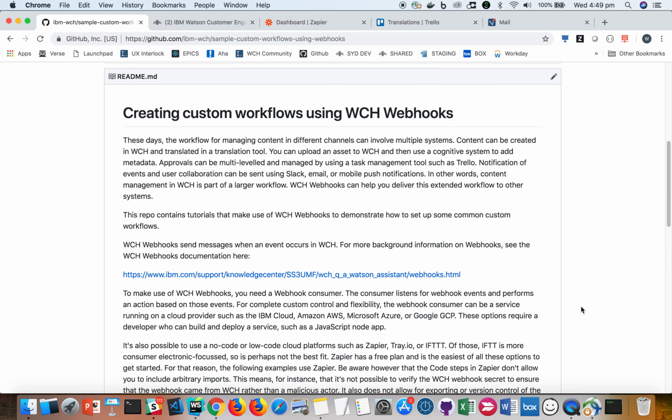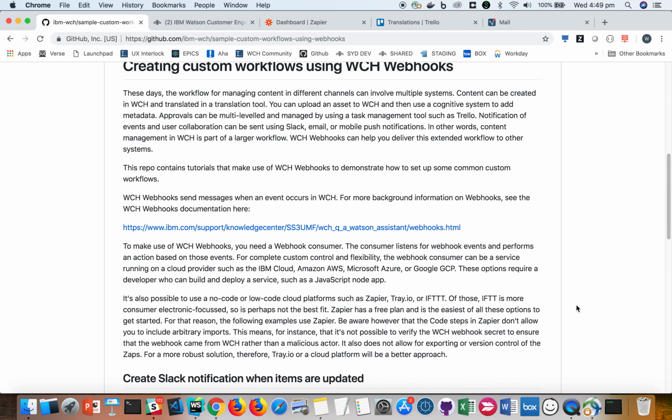So those workflows can often be very open-ended and involve lots of different notification systems and lots of different actors and potentially lots of different integration systems. Like for your translation, the translators are working in a different system. For approval, the users might be looking at a different channel. Like they might be looking at the mobile app or whatever it might be